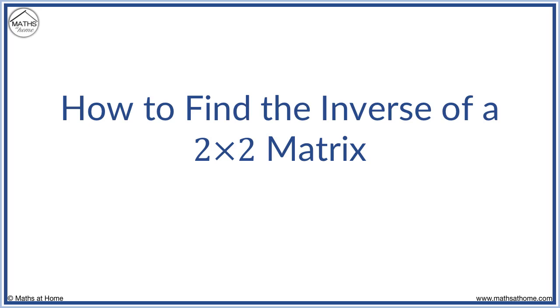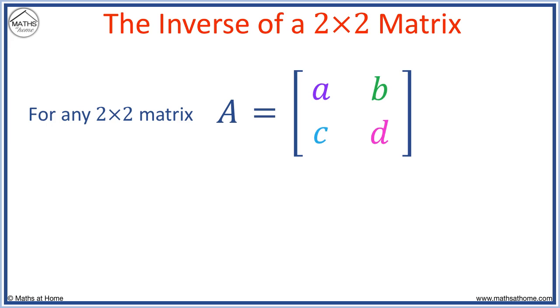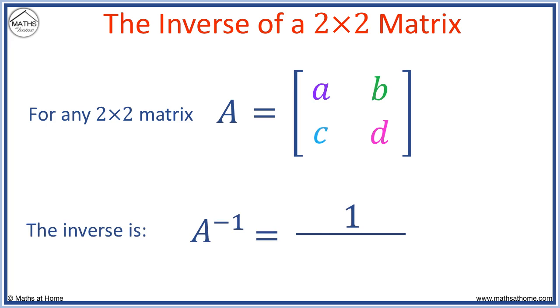In this lesson, we learn how to find the inverse of a 2 by 2 matrix. The inverse of a 2 by 2 matrix is found for any 2 by 2 matrix like so. The inverse is represented with a -1 like so, and is equal to 1 over AD